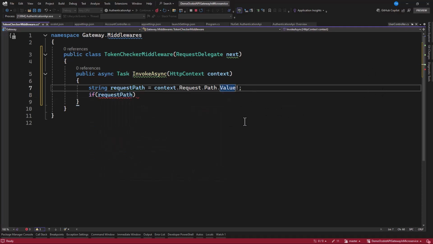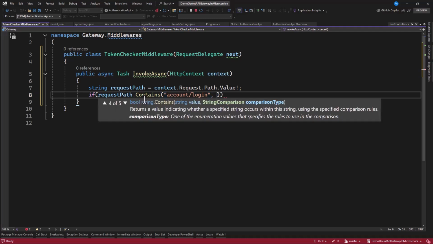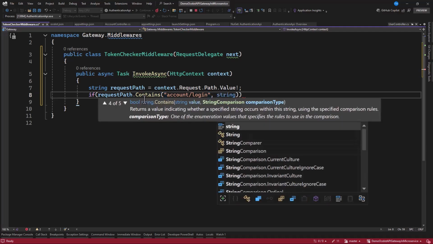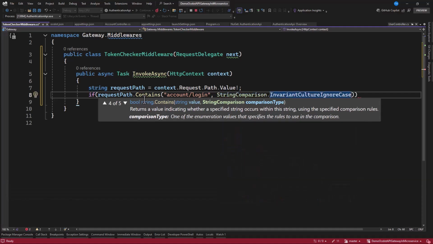And now if request path dot contains, and now what are you going to check? In case it contains something like account, that's an API endpoint such as login, then we want to leave it. And now we can have string comparison, invariant culture ignore case, and also